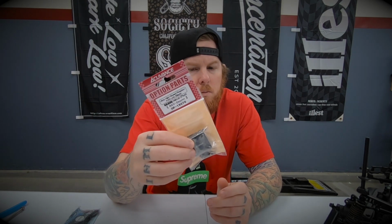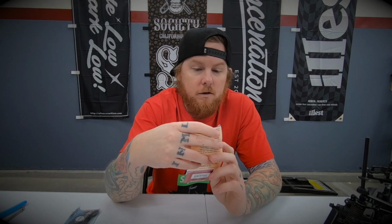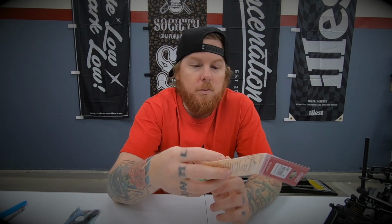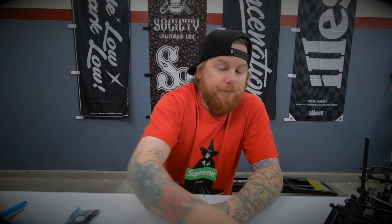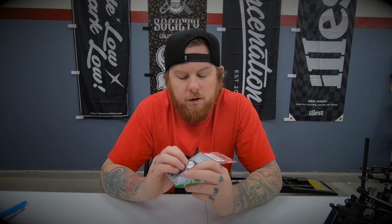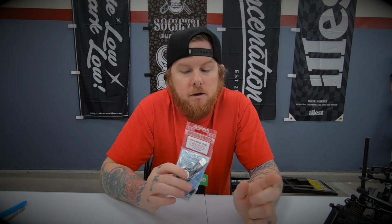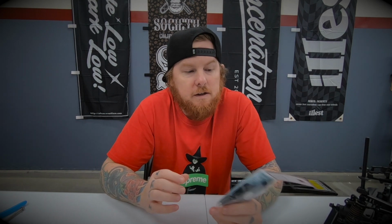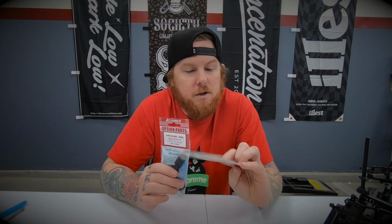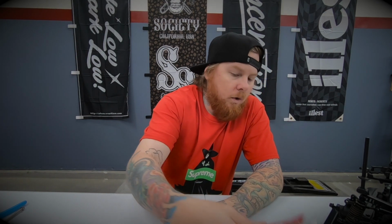It's called the Ray Storm. I ordered this one just because it flat out looks awesome. It's a solid aluminum piece with a fan inside, so I like it. And then this right here is just the adapter, or the update tool for the ESC. You do have to update it on the ESC to work with the S-Bus adapter. So that's all that. And we're gonna get it all installed and see how